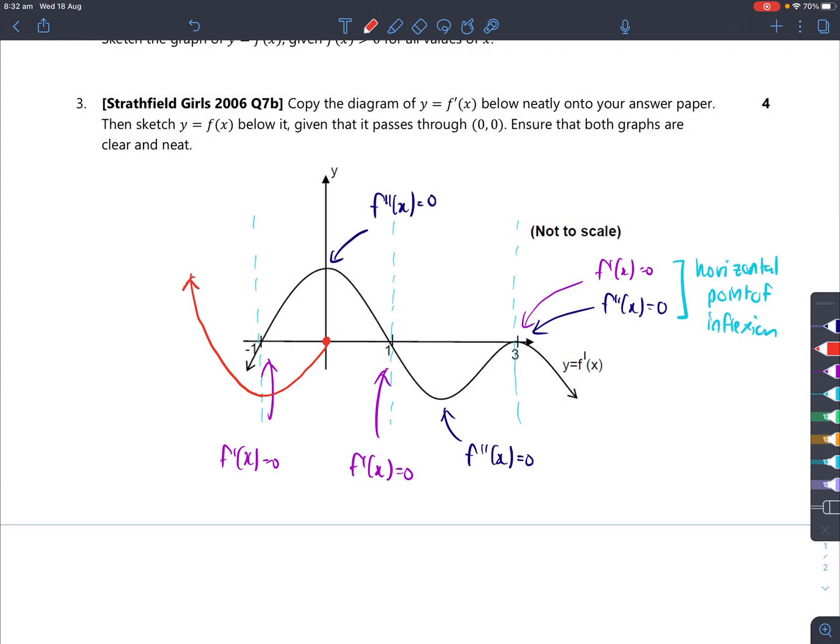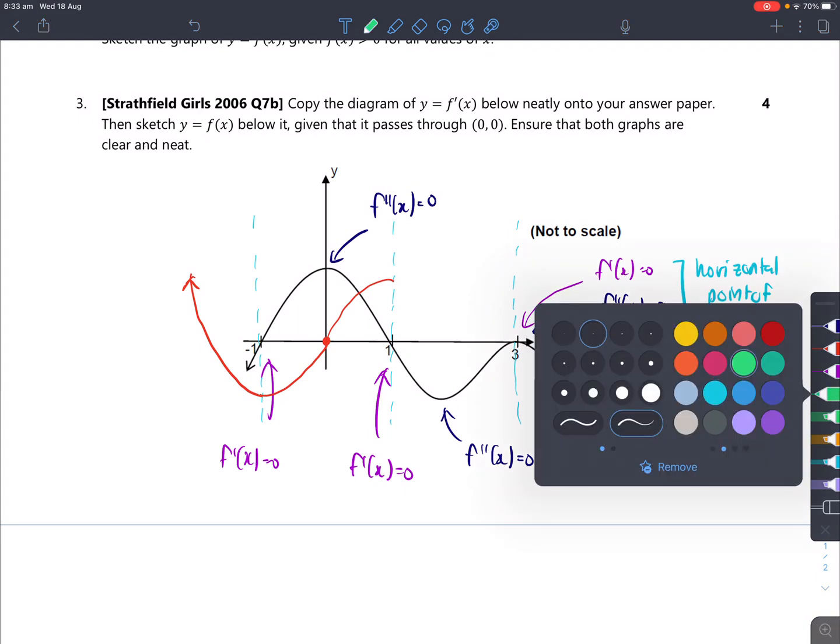Then what I'm going to do is that I will have a point of inflection right here, which it looks like it is going to be. So it's going to go from concave up to concave down. And as soon as it reaches this dotted blue line, well, we see that f dash x is equal to 0, which means that there is a stationary point. So we're going to draw something like this. We're going to hit that blue line, make a stationary point, and then along this green line, which I'm going to draw here,